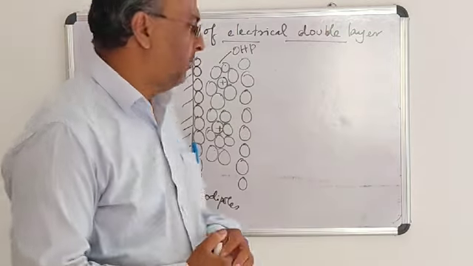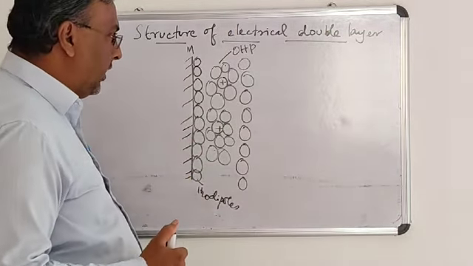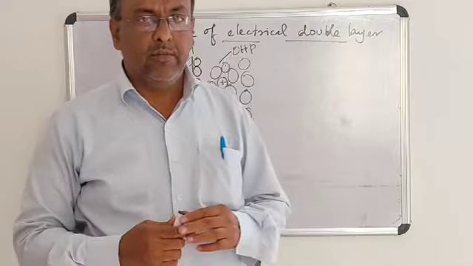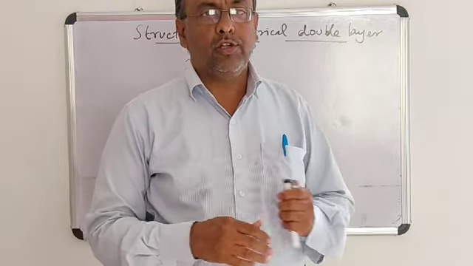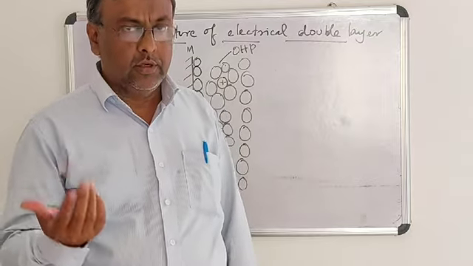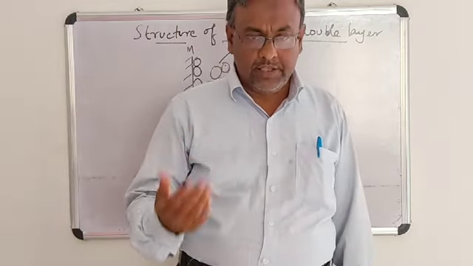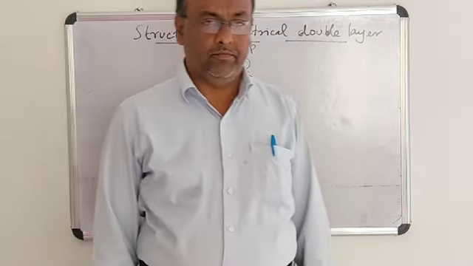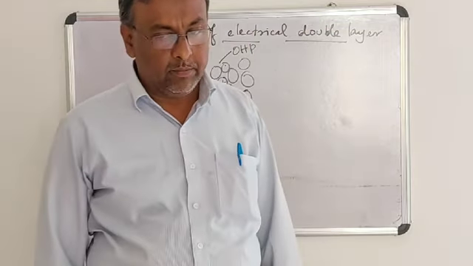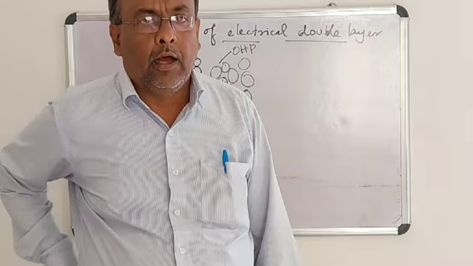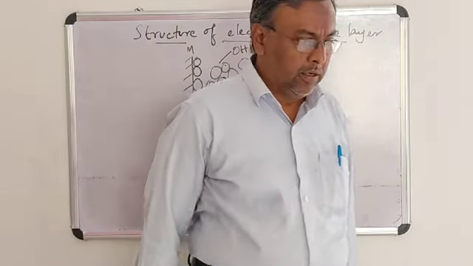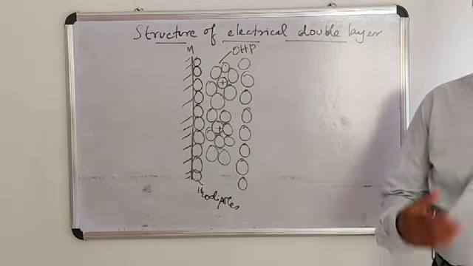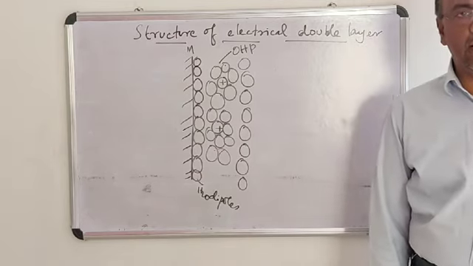The structure of the metal-electrolyte interface, or electrical double layer theory, is explained by Helmholtz-Perrin. Next, the second scientist is Gouy-Chapman, and the next theory is the Stern model. We are going to study them one by one because all of them are very important 10-mark questions. The question will be asked: explain the Helmholtz-Perrin theory of the electrical double layer.